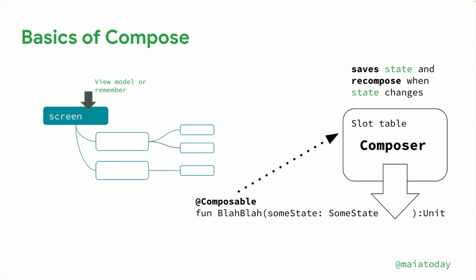We call these functions composables. They can be stateful, so they can have state inside. Or some of them are stateless, so that means that they get all of their state as their parameters. How this would look in Compose is if you want to have a composable function, you use this @Composable annotation. The convention is to have a capital letter for the function name, some state comes in, but then what you